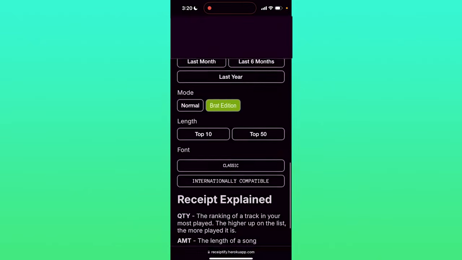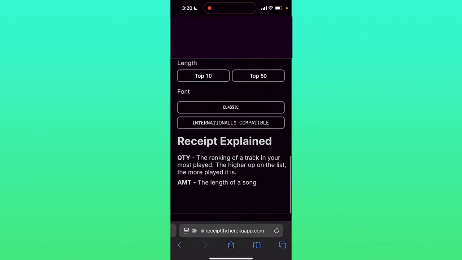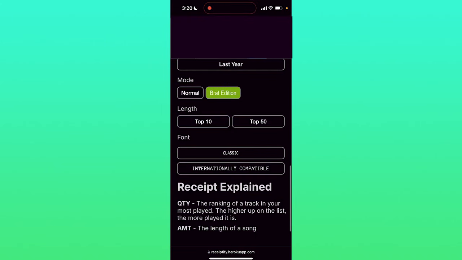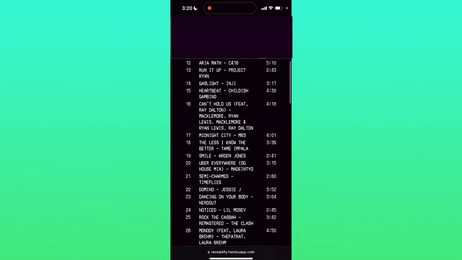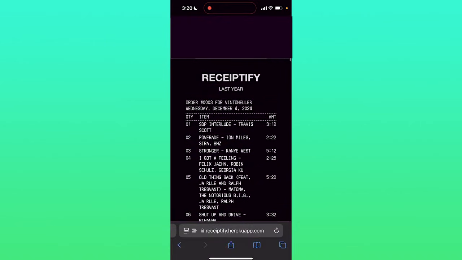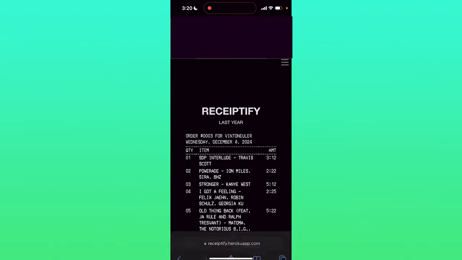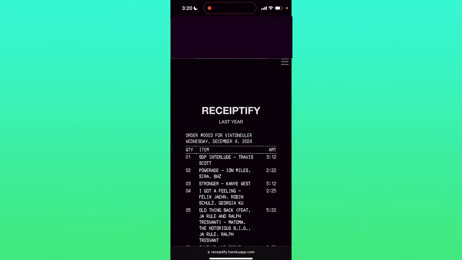But it's simple as that, and you can even download this image and even change the font if you don't like this font, and it'll show you the top 50 songs if you scroll down and click on the top 50 right here. And these are the top 50 songs I've listened to in the last month, and that's how you view Spotify Wrapped monthly. This is currently up to date until yesterday, so this is literally